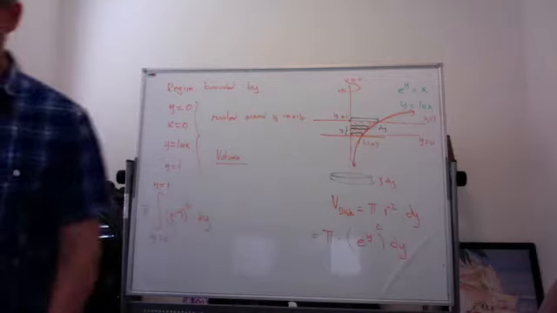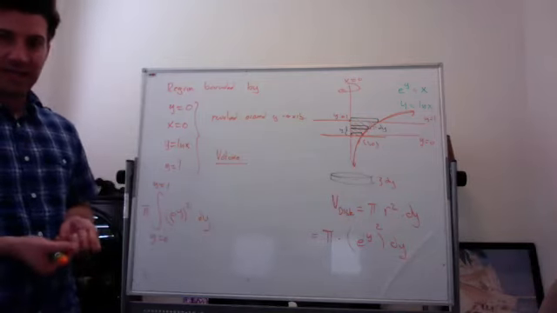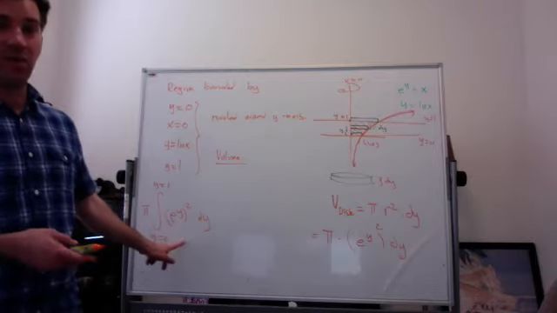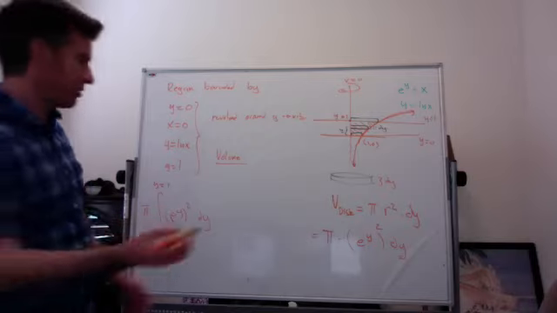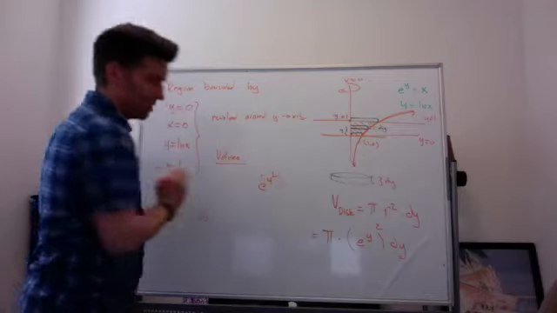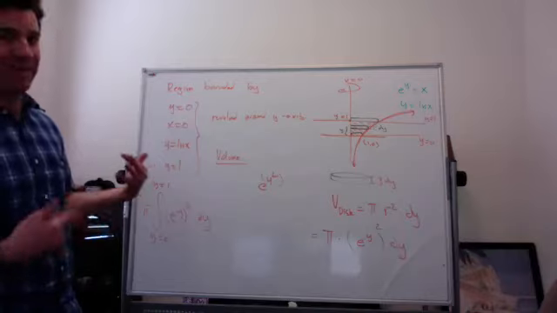Of e to the y quantity squared dy. Now be careful here. I've probably said in class that e to the y squared is not antidifferentiable. This is not e to the y squared, at least not the way you think I'm saying it. The e to the y squared means this, right? E to the parentheses y squared. But e to the y quantity squared is e to the y times e to the y, which is e